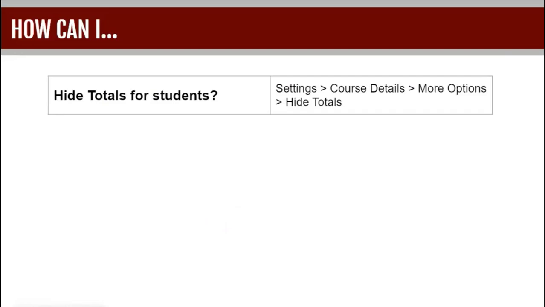This is relevant when you have raw scores and a final score that are different, for example, if you have a midterm where the raw scores differ and you're going to add a new column with the actual final score, and you don't want your students to become agitated. You will need to hide the total in that assignment group so that they can't see a total that will not reflect the final grade. Okay.